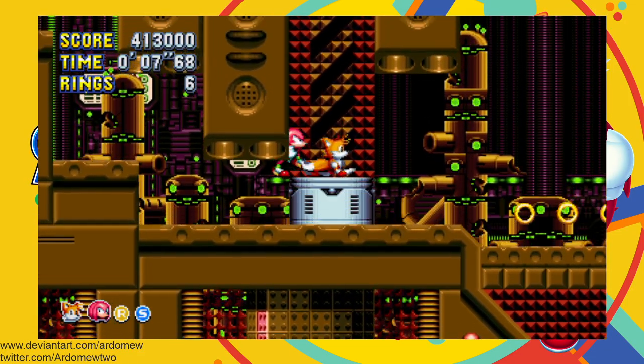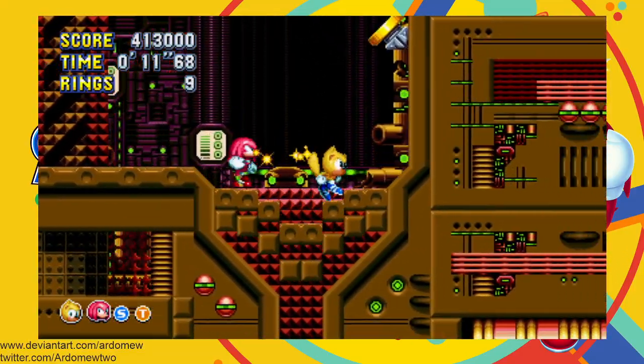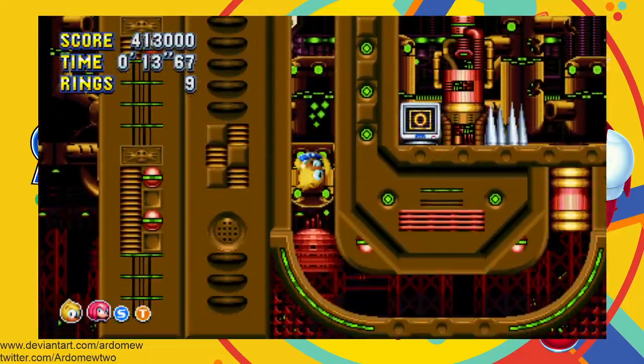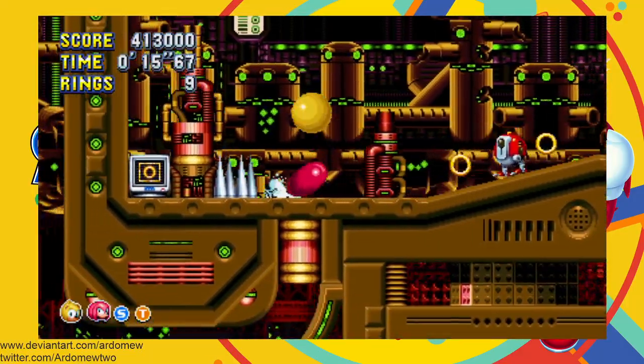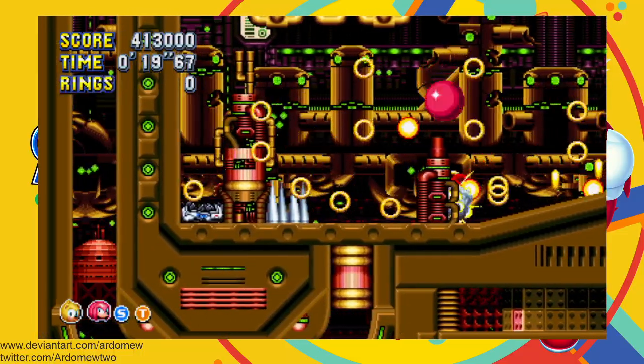Also, let's play as Tails. We haven't been as him in a while. Okay, I guess we're being Ray now. Sorry, Tails, you can just screw off. We don't need you. Thanks for that, Knuckles, even though...